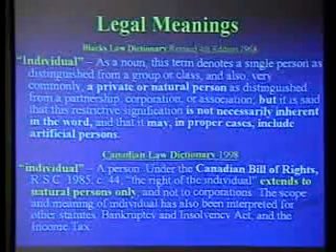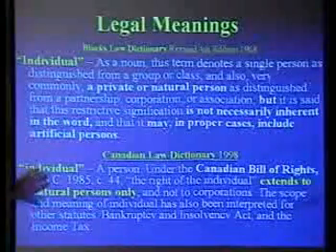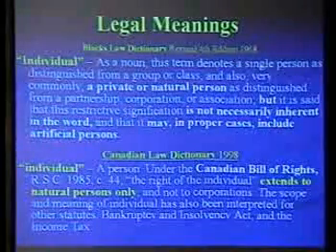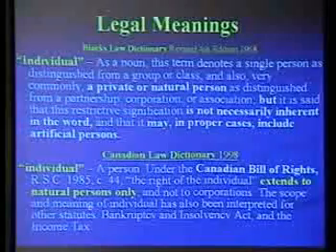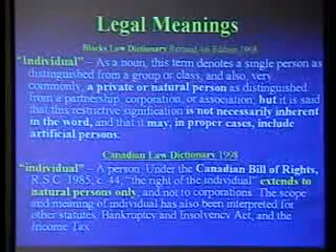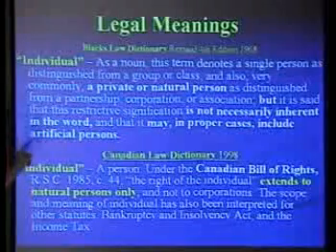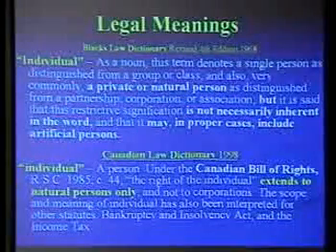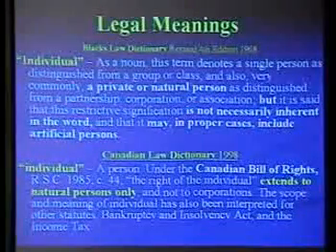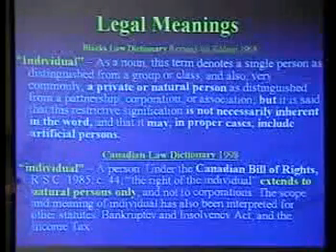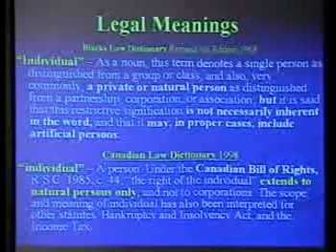Here's out of Black's Law. It's redefined in Canadian law, so this one sort of overrides it, but they're both relatively the same. It goes, individual, a private or natural person, as distinguished from a partnership, corporation, or association. But it is said that this restricted signification is not necessarily inherent in the word, and that it may, in proper cases, include artificial persons. So what they're saying is, for the most part, whenever you see individual in a statute,